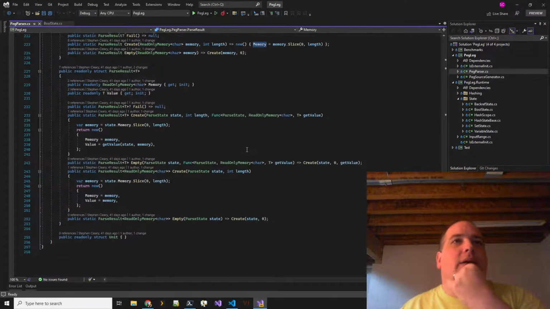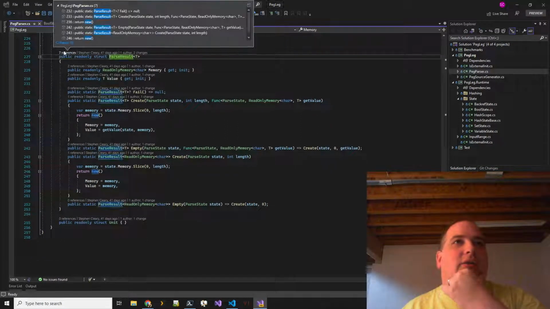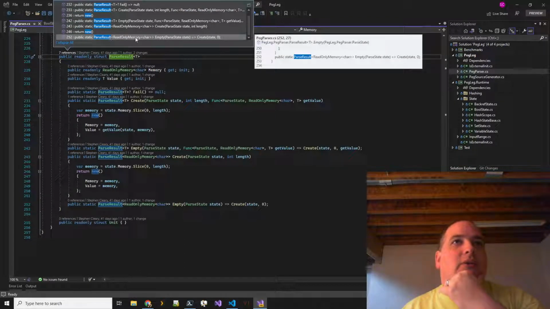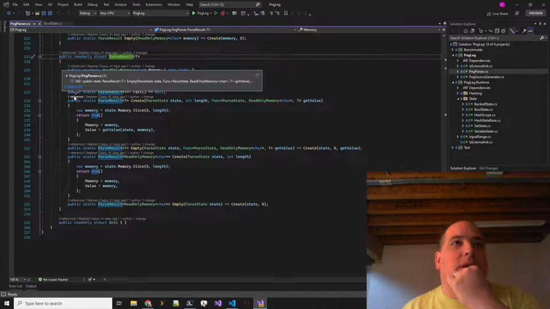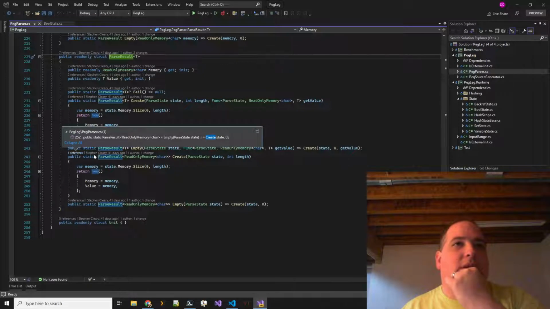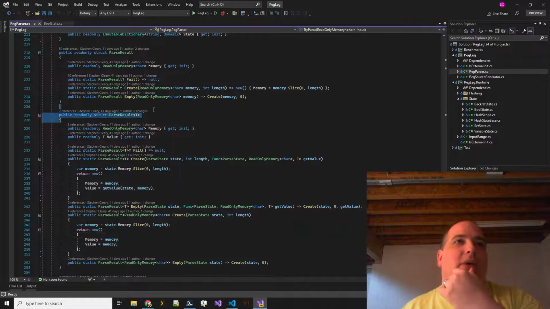And then we've got a parse result with an actual type on it to return something. Do we actually use that anywhere? I don't think we do. This create is called. Okay. And this create. Yeah, we don't actually use this parse result anywhere.